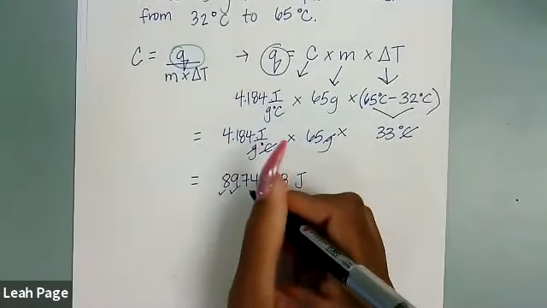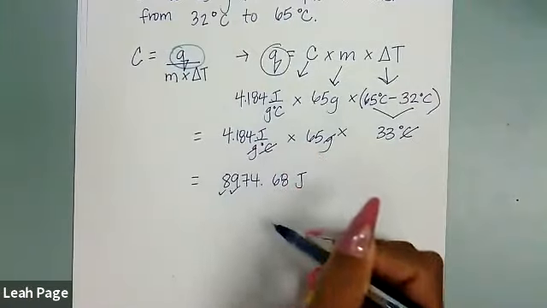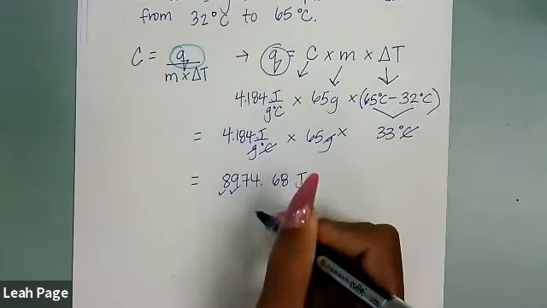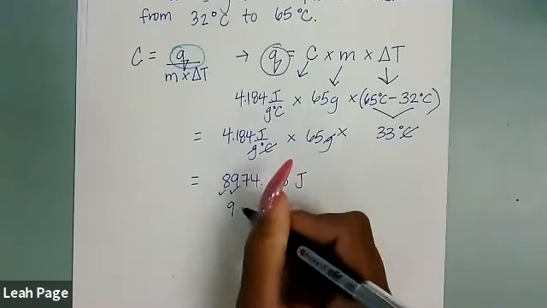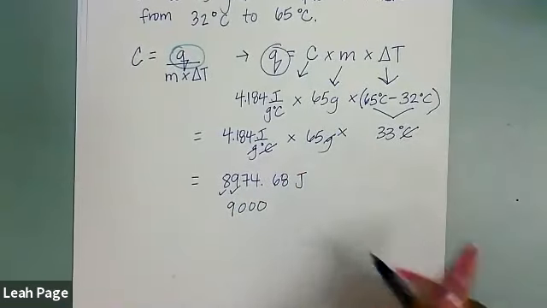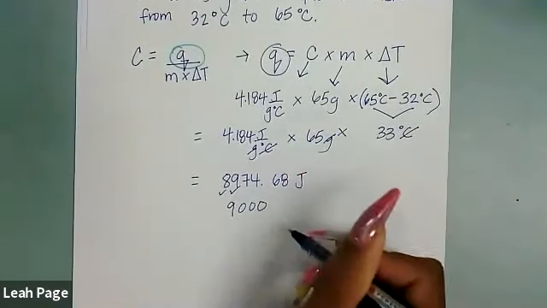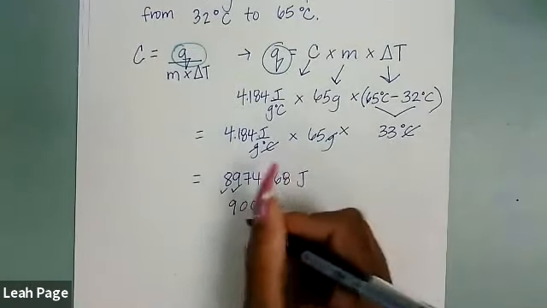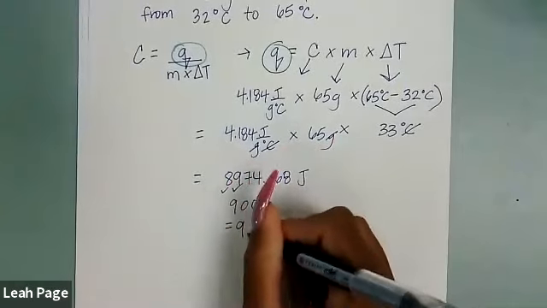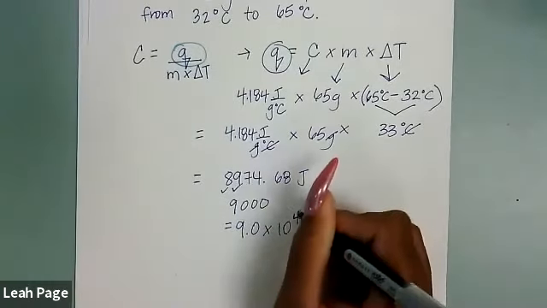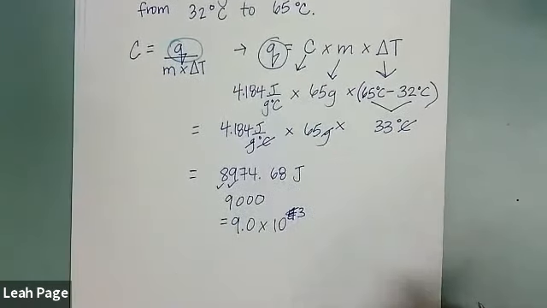So in this case, you guys said I need 2 sig figs. 1, 2. Look to the right. Round up or down, guys. Up. We're going to round up. So if we round this number up, we're going to say 9.0, and then 0, 0. But that's not 2 sig figs. That's only 1 sig fig. So how can I write this number in 2 sig figs? 9.0 times 10 to the power of, third, thanks, 3 joules.